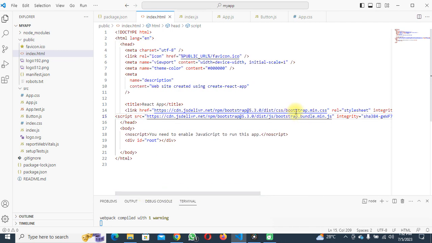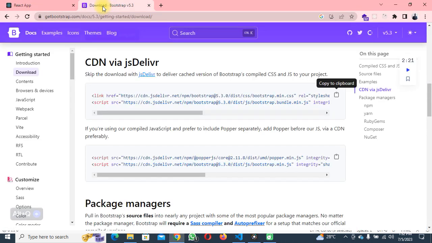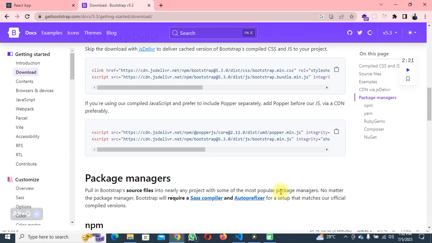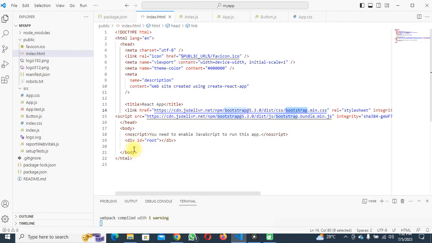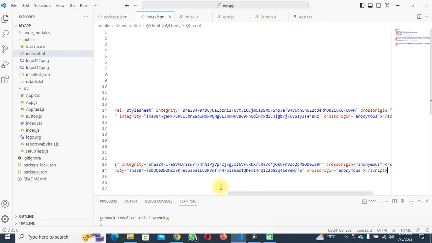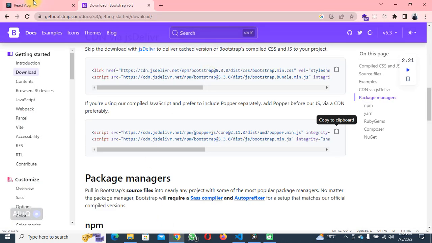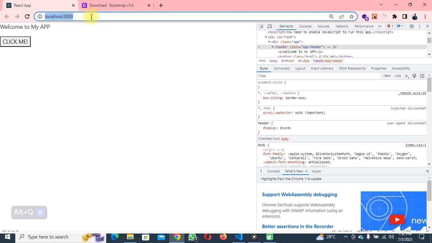So this is the Bootstrap reference, and when you are referencing Bootstrap, it is in two ways. You're going to reference one at the header and the other one at the footer. So I'm going to go on there and include this at the footer part of the page, at the bottom there, before the closing of the body, just like we have it in our normal HTML and CSS. Alright, so now that we have that, if I go to my page and reload that, at least by now,